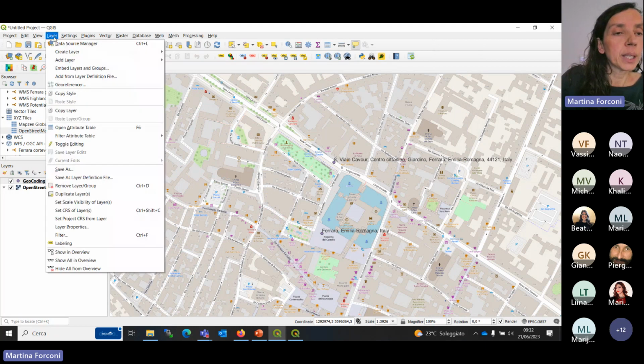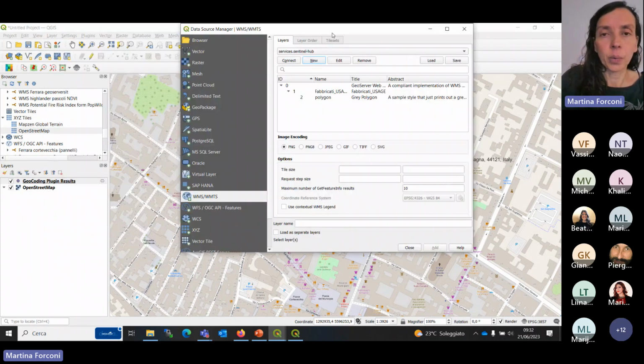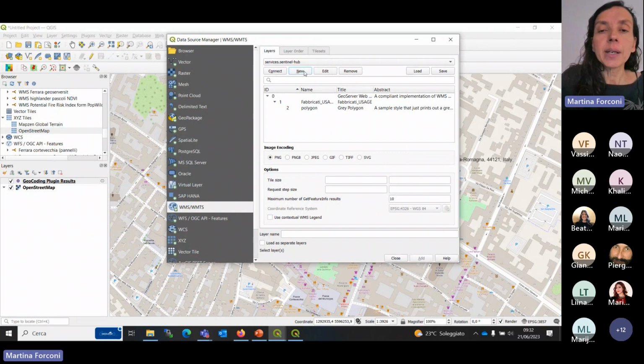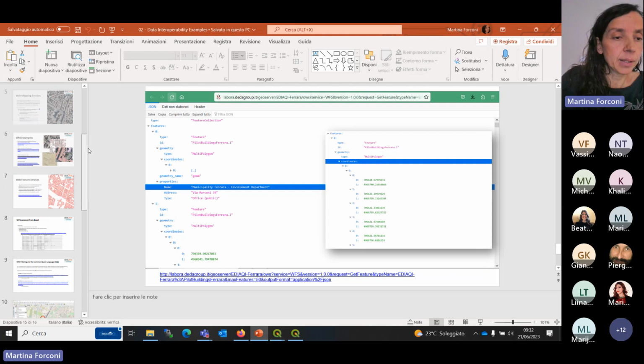Or you can go from the Layer menu, Add Layer, Add WMS layer, it is the same window. Then you can create a new connection. You can give a name, and I can take one connection from the slide.